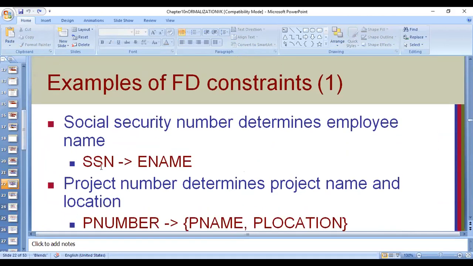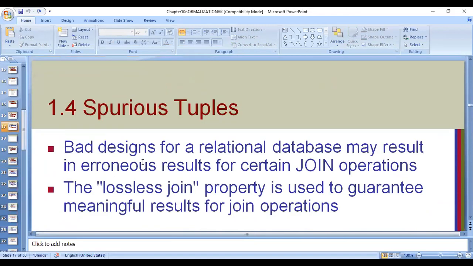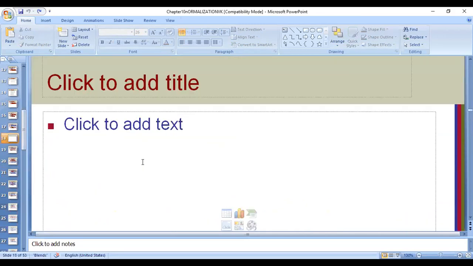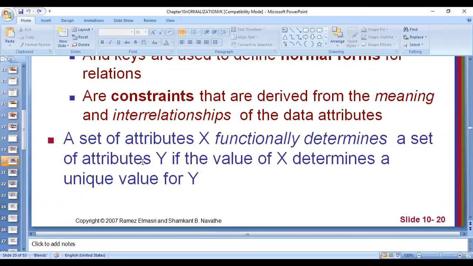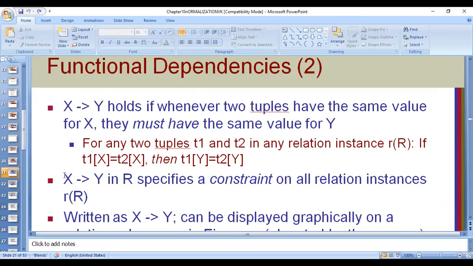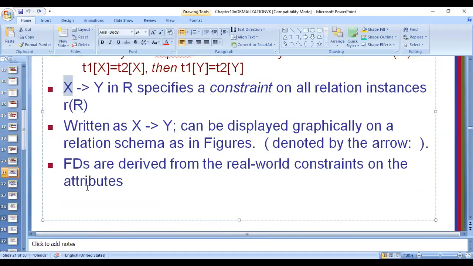For example, in our previous example, sometimes this X may be a single attribute. Sorry, I just went back. Now when I said roll number is a single attribute, isn't it? Yes, ma'am. It's a simple primary key. But you know, sometimes the primary key is also composite. In our student table, our primary key is normal, that is, it is just a roll number. Okay, let us not go into that.